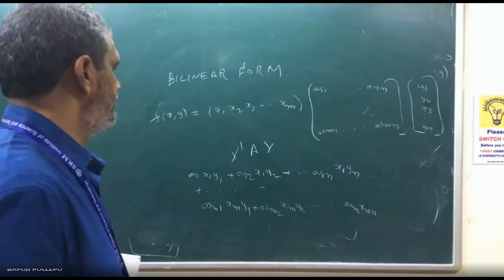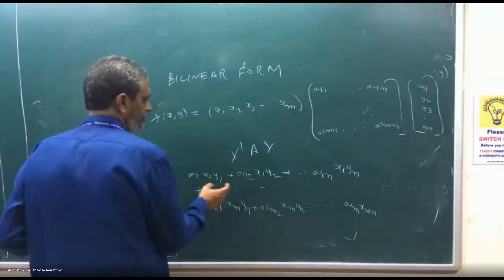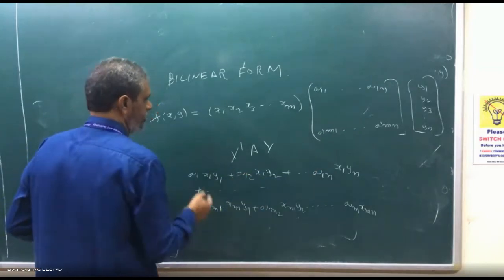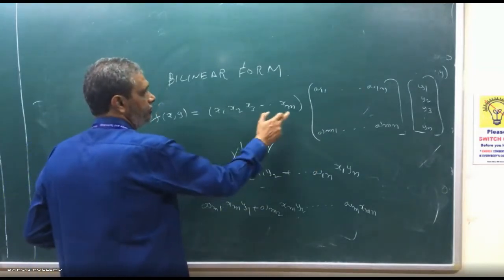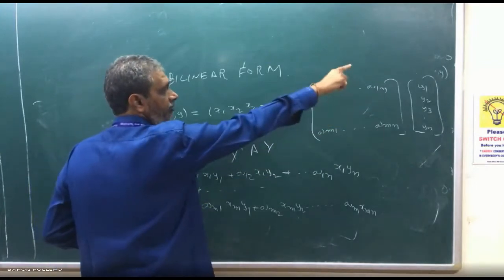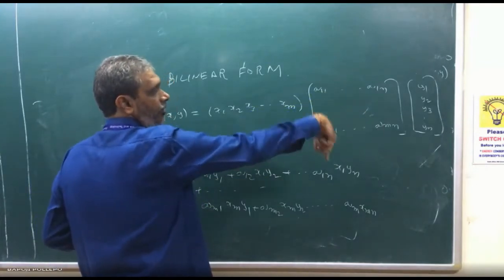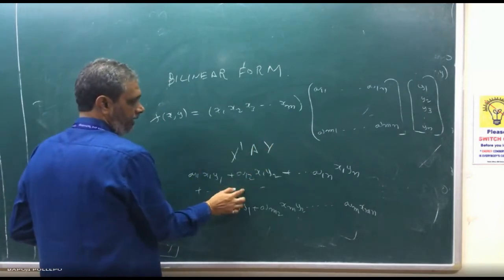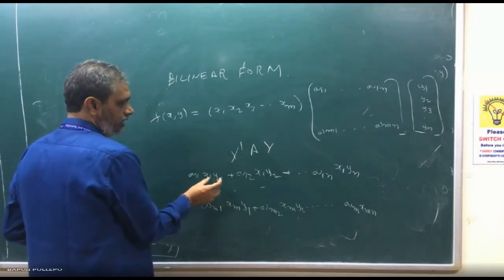Could you explain it again? I was having some network problems. See, the given matrix is a bilinear form means: if we have linear forms in two variables x1, y1, x2, y2, xn, yn, you can take x1, x2, xm in a row, this is the matrix a11, a12, a1n, then y1, y2 you can take as a column. So you can take X dash A Y if they give the bilinear form, two linear forms.